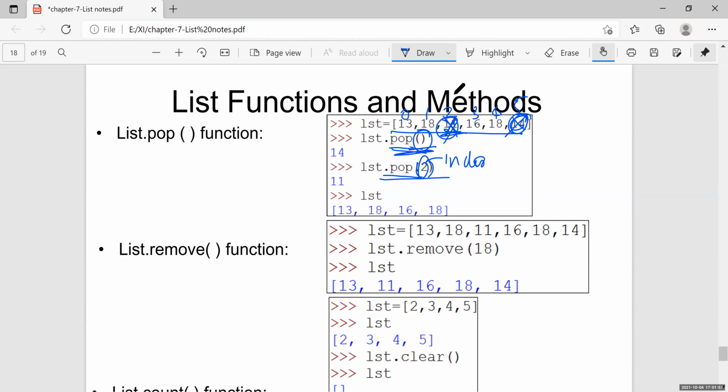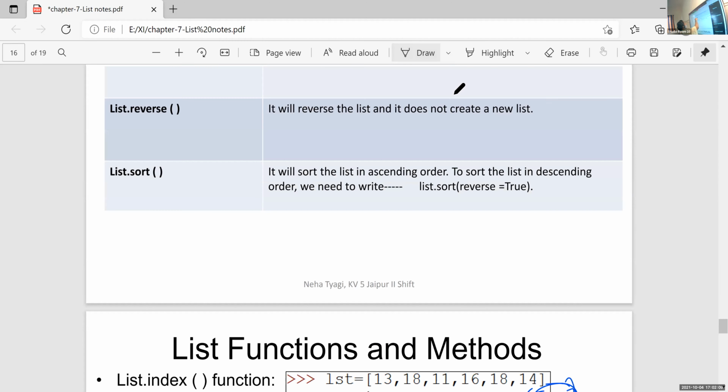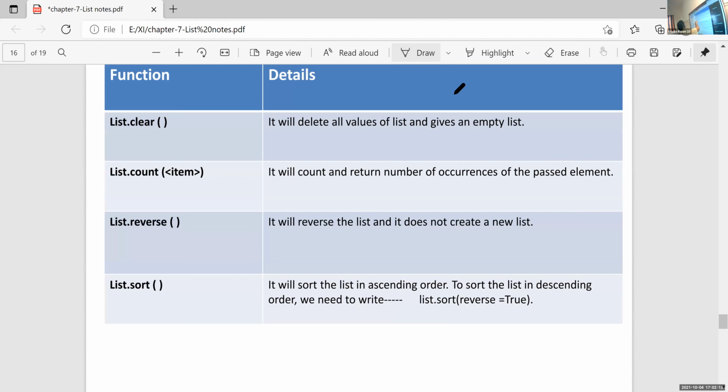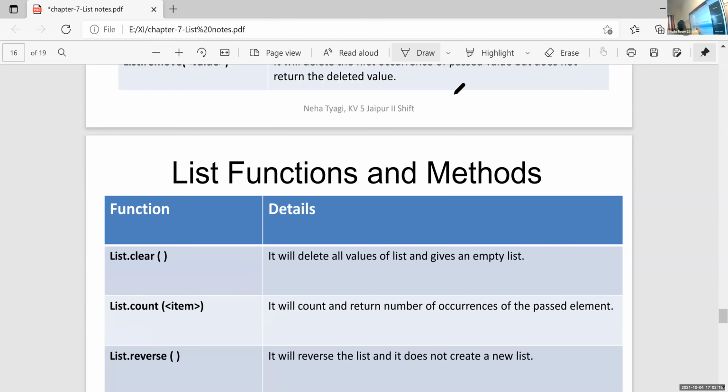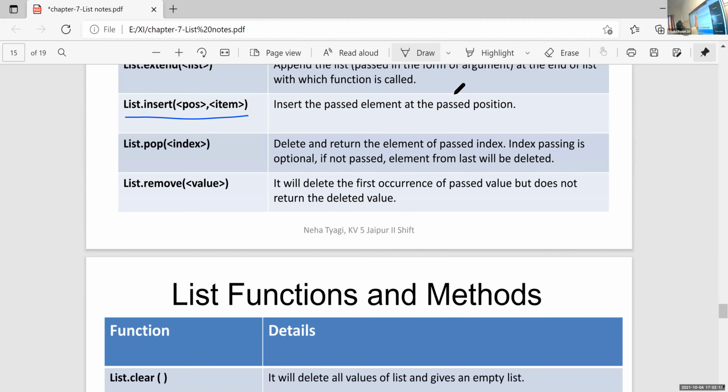Yes, ma'am. So the next function, it is remove function. Remove function is also used to remove. First write the definition. The difference is that it will remove the first occurrence of an item. Just write the heading and write the definition.